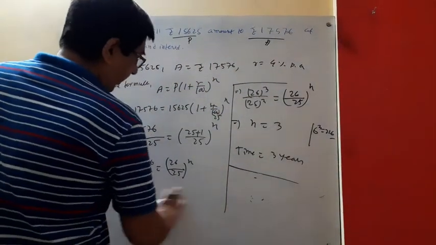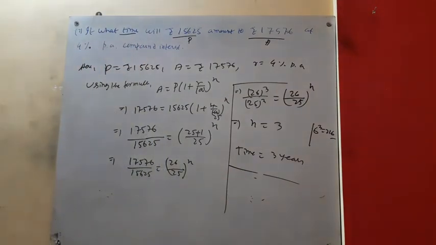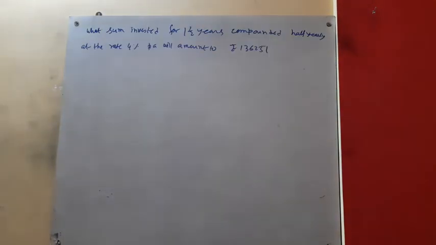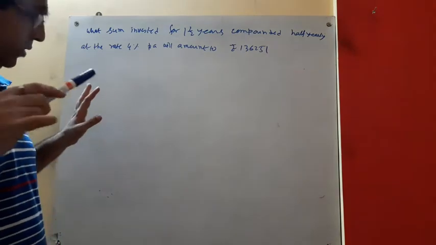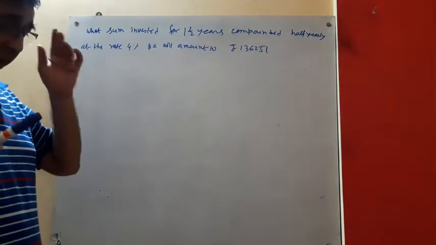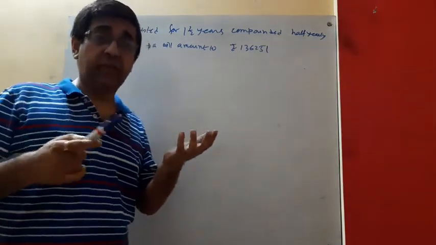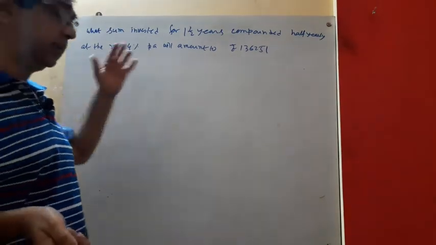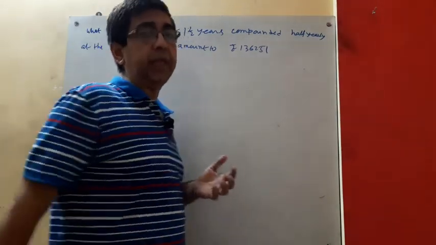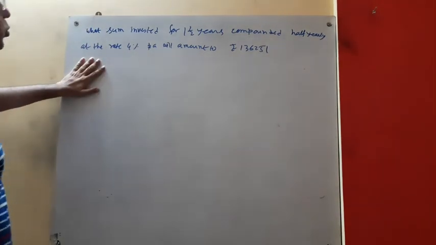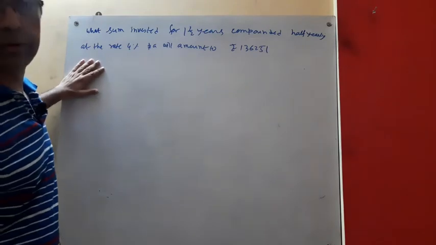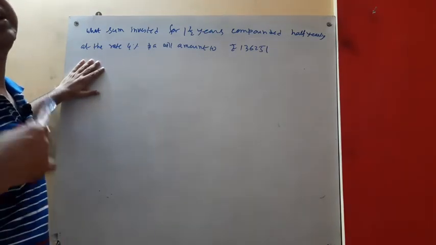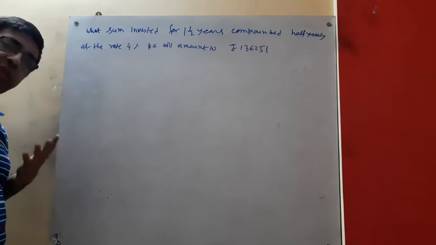Okay. So now we'll do the next sum. In the first sum we have calculated compound interest. In the second sum most probably we have done time or rate. We have calculated how to find rate of interest, and in the previous sum we have done how to calculate time. Here I will show you how to calculate principal, or the sum that is invested. Same formula, we will use the same formula.